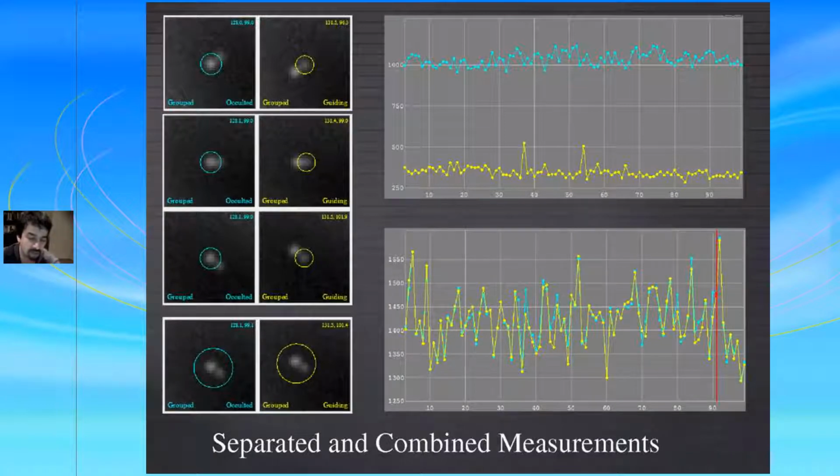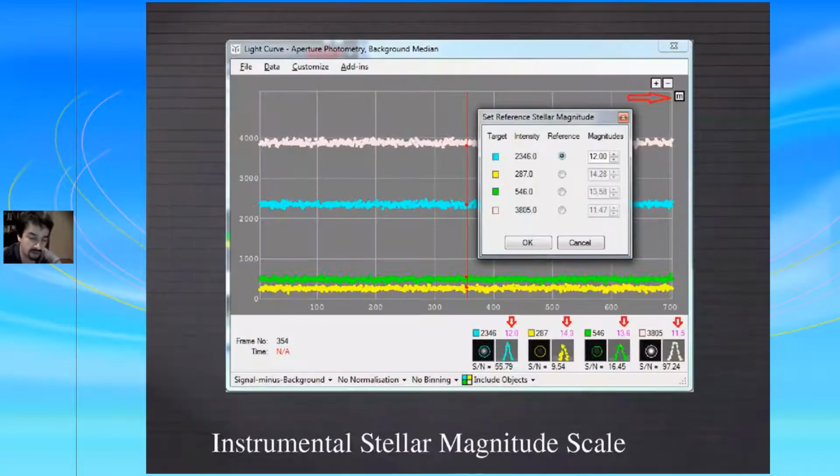And those are some real light curves from my model videos, where you can see that one of the satellites is passing very close to the other, only 3 pixels in distance, and the light curves of the two objects, which are measured individually, became pretty much the same. This video also has generated noise in it. You can also tell Tangra to do aperture photometry, and in this case it's using an aperture which is large enough to have both the satellites in it, which is the second light curve at the bottom.